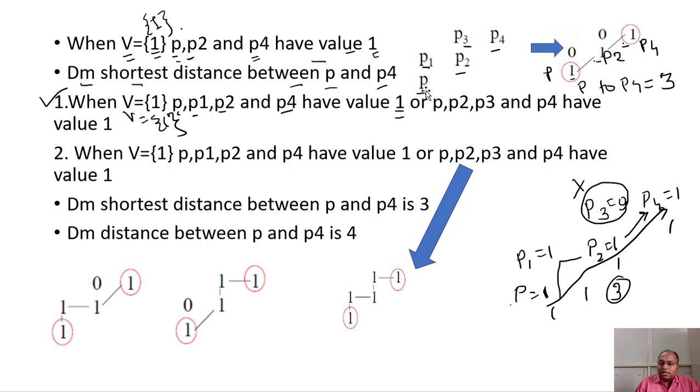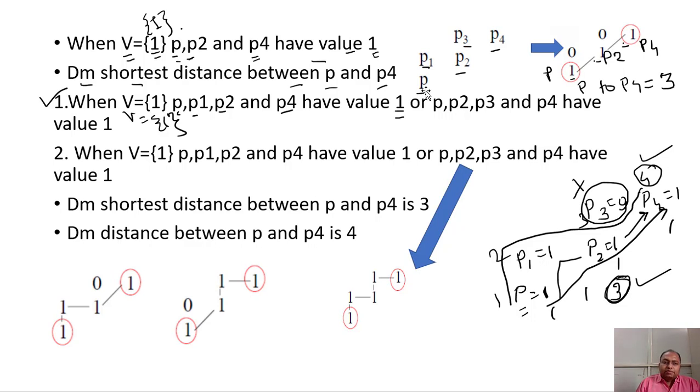If I am going to select this path, let us say p, p1, p2 and p4, then 1, 2, 3 and 4, it will be having a larger path value, isn't it? So the distance between p and p4 will have a distance value of 4. But in case I am going to traverse from p to p4 directly via p2, then the distance between p and p4 will have 3 as a distance value.